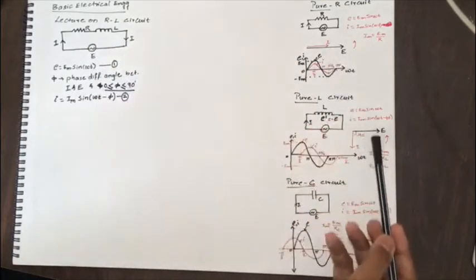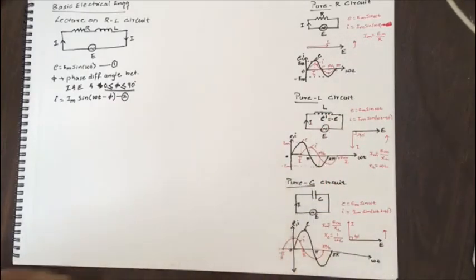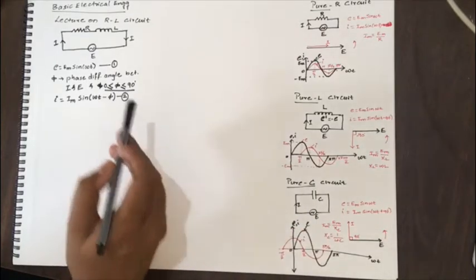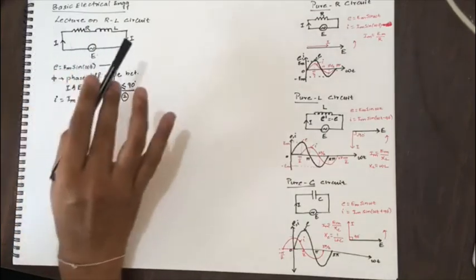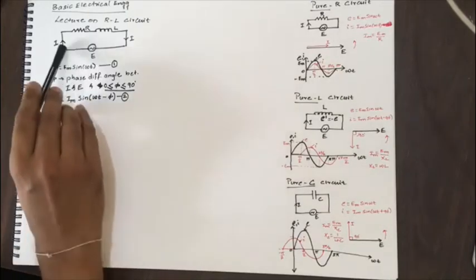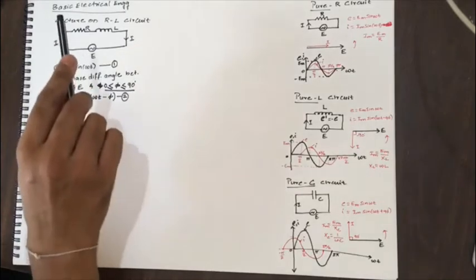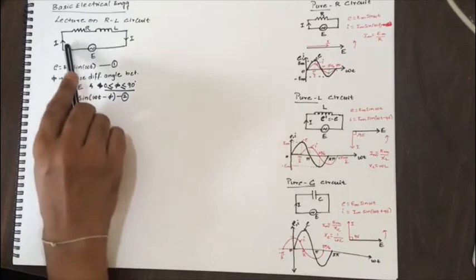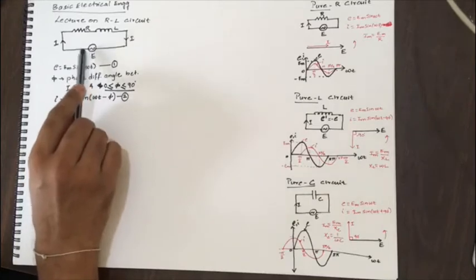So in all these three cases, I have taken voltage as reference because I wanted to understand the nature, or the phasor relation, of current with respect to voltage. Now in this case, I already know the phasor relation between voltage and current, that it is lagging. I need not understand the phasor relation now, but I want to draw the exact phasor diagram for this particular circuit. Now when the circuit is a series circuit, please make a note, pay attention.